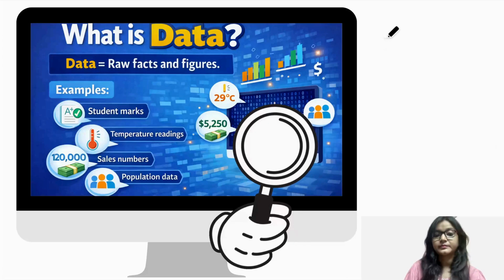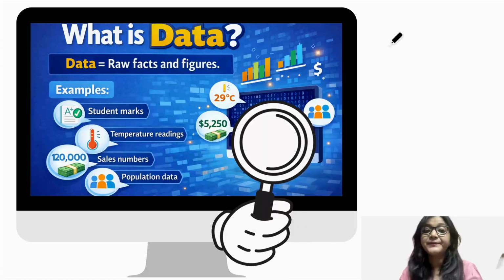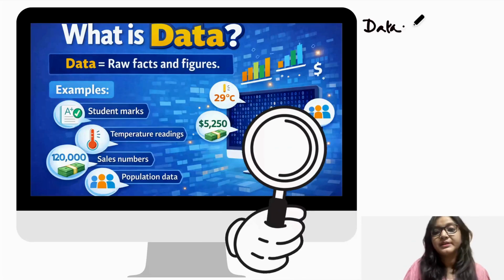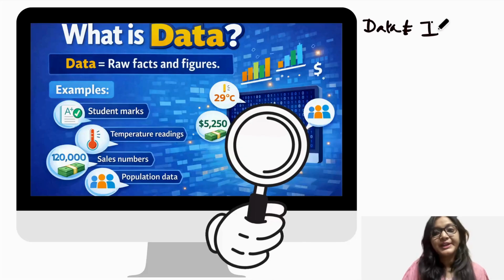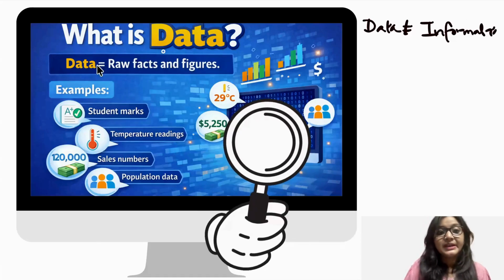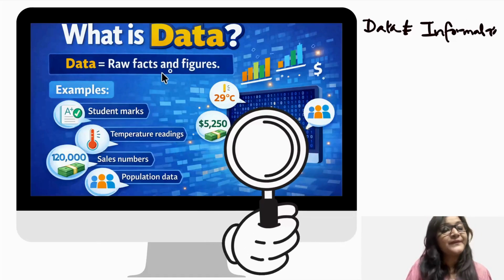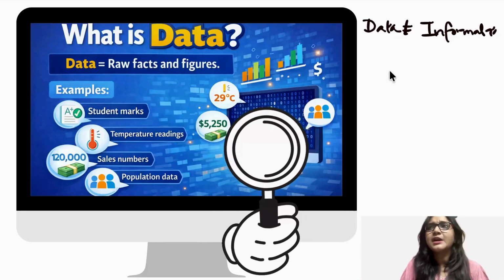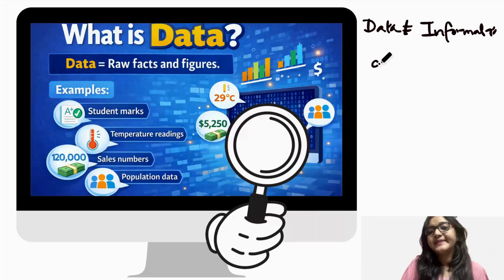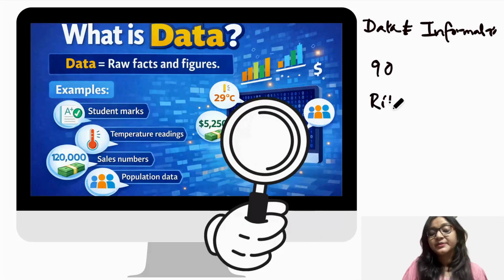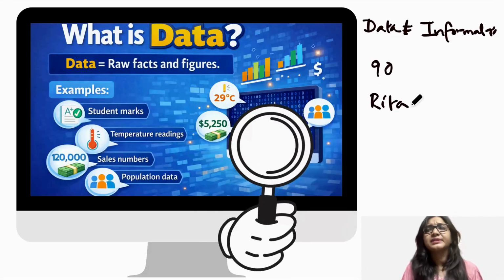Now let us begin with learning the first thing, which is data. Firstly, be clear, data is not information. Both are not the same. Data means what? Raw facts and figures. Raw facts and figures means, let's say, just marks. If I say 90, if I say the name of a student like Rita,